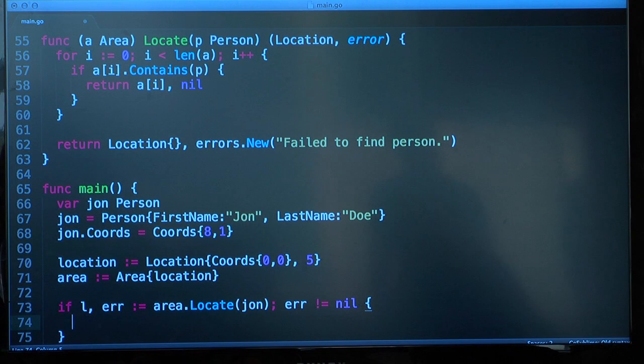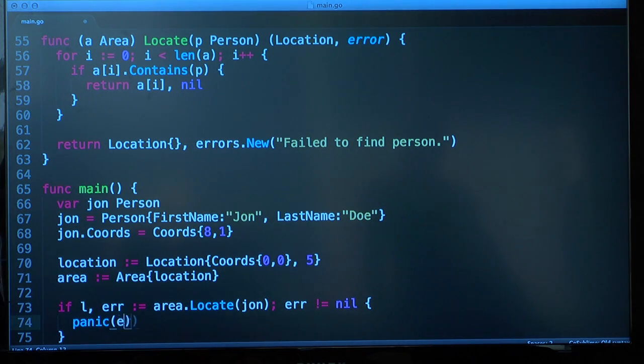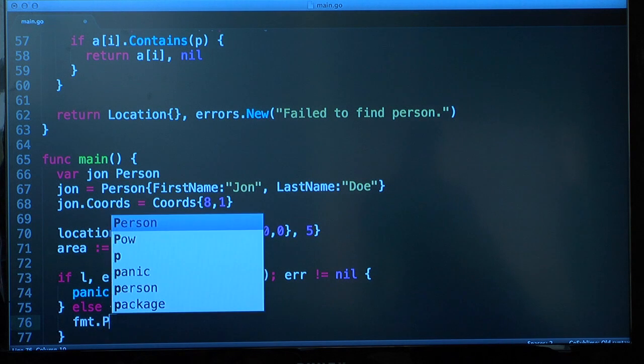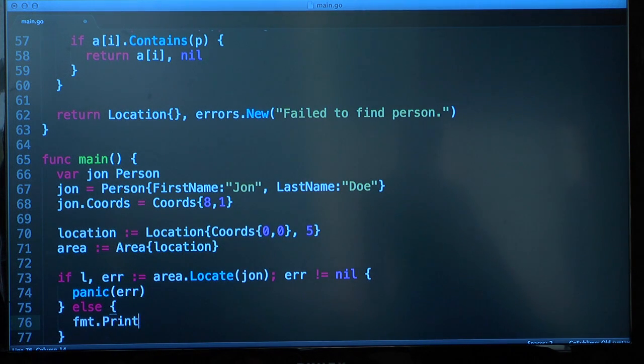So if error is not equal to nil, we're actually going to panic here, or actually throw an error, which I said Go doesn't want you to do. But we're going to do it here just so we can show it off. So we're going to panic and pass the panic function an error. Else, we're going to print line the location that was returned,